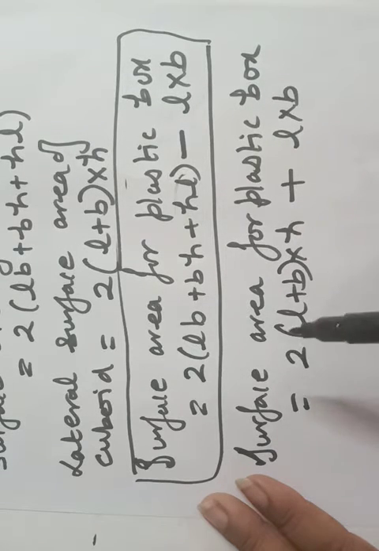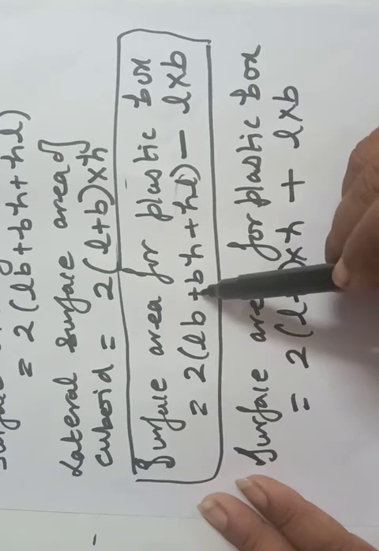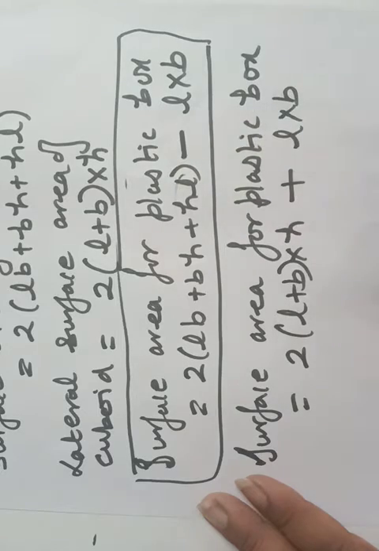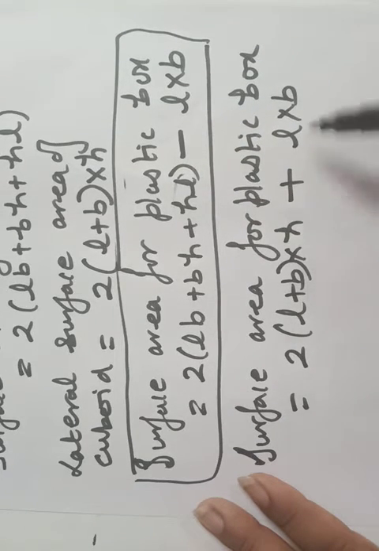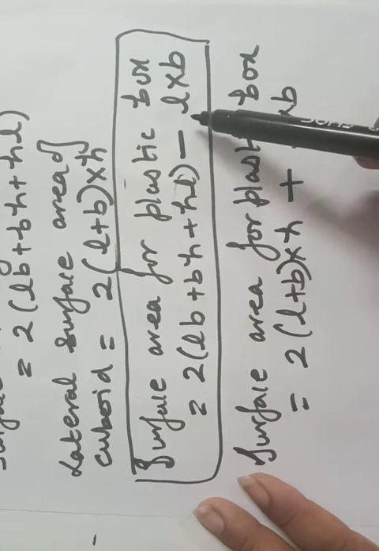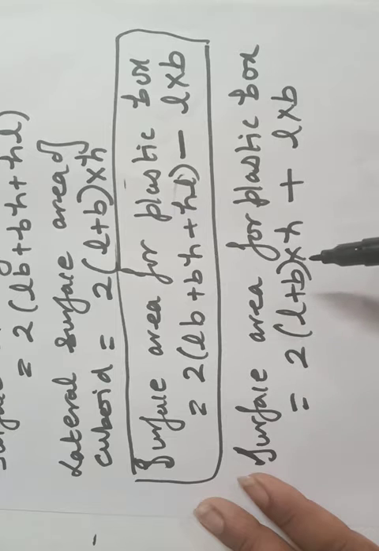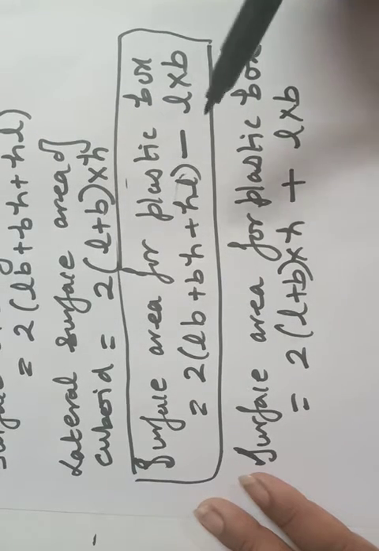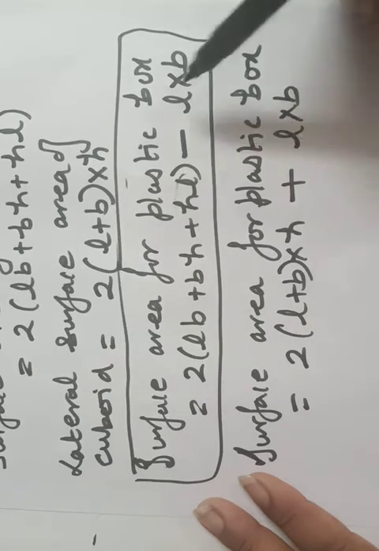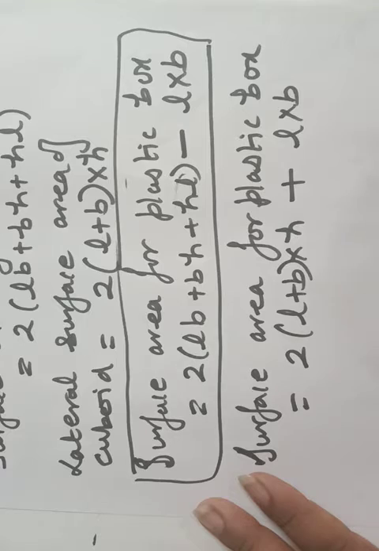It is up to you, whichever formula you like. But if I look here, it is multiplication plus multiplication plus multiplication, subtraction, again multiplication. Here it is only the sum into multiplication and one more multiplication. So there are more operations there and fewer operations here. It's my choice to use this one, but it is your own wish which formula you prefer. Both are correct. For the 5 surfaces of a cuboid you can use any one of these formulae.